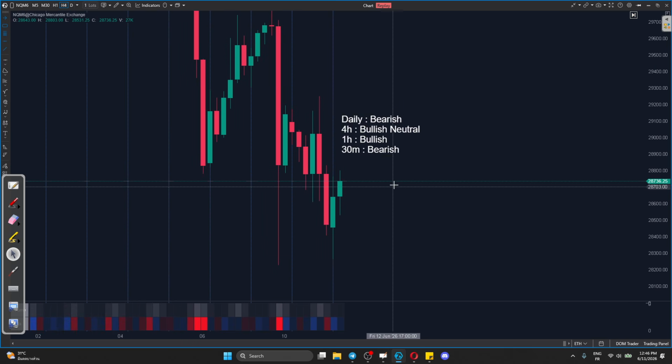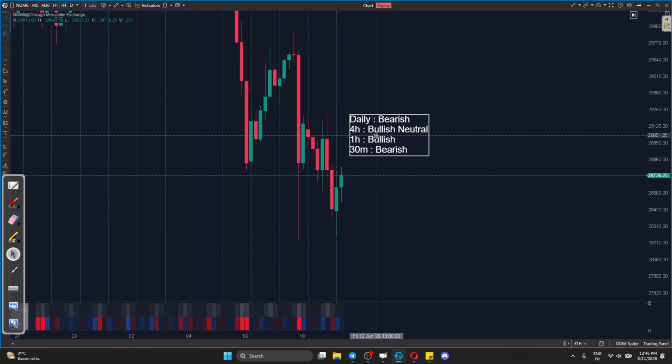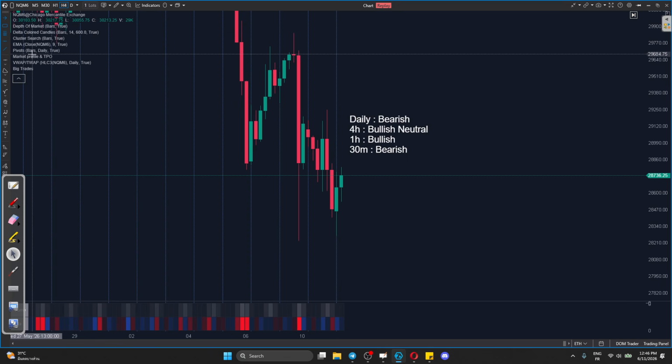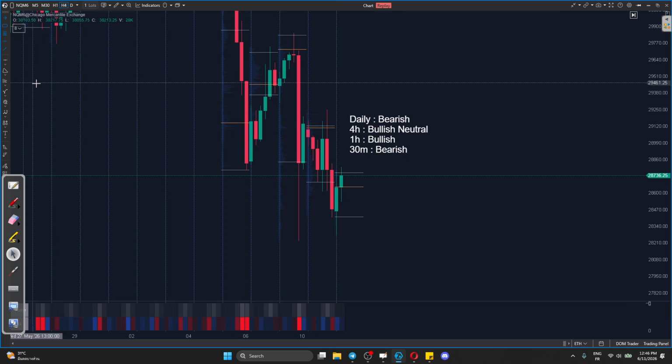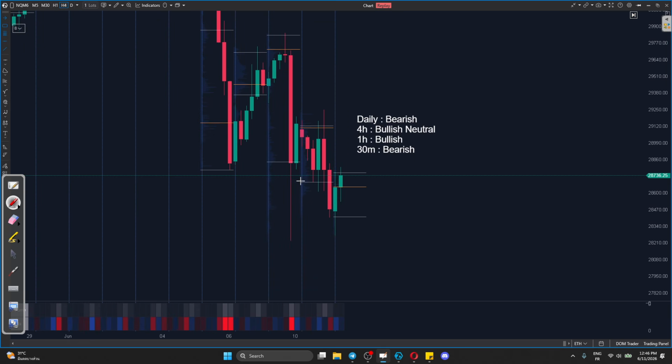I'm definitely looking for longs at this point. And now, if you look at the volume profile, this is a teaser, let's say, for the next video. Look at the volume profile here. If that 4-hour closes here above the previous candles and that resistance, it's also closing above the value area low of whatever this day was, the 6th or the 5th, it doesn't matter. The value area low of this day and the value area low of the previous day. We're reclaiming the value area lows of all of these days. This is very bullish. With our candlesticks confirming everything, we would definitely be looking for longs,